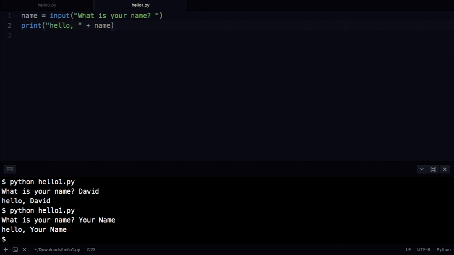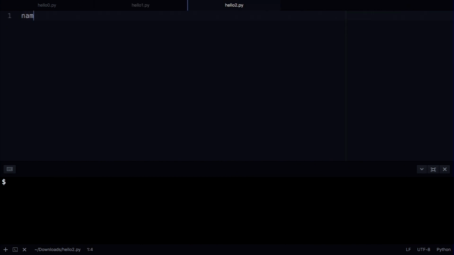And so just so that we've seen a few different ways, let me go ahead and create a new file called hello2.py, wherein we have almost the same code, but we're displaying your name or mine a little bit differently. As before, I'll go ahead and define my variable called name, assign to it the return value of input, asking the user for his or her name. And then on my second line of code, we'll again go ahead and say print, hello, comma, and then following